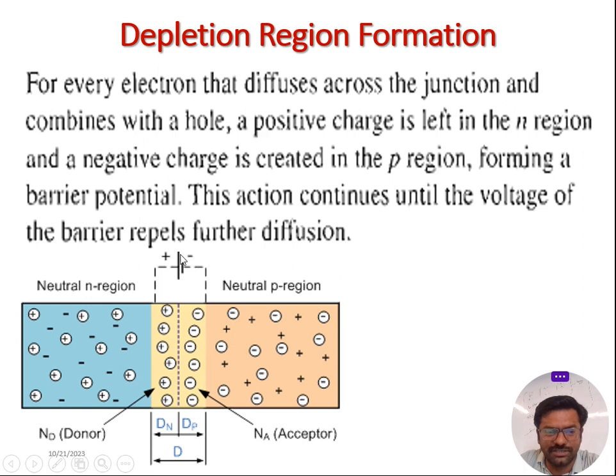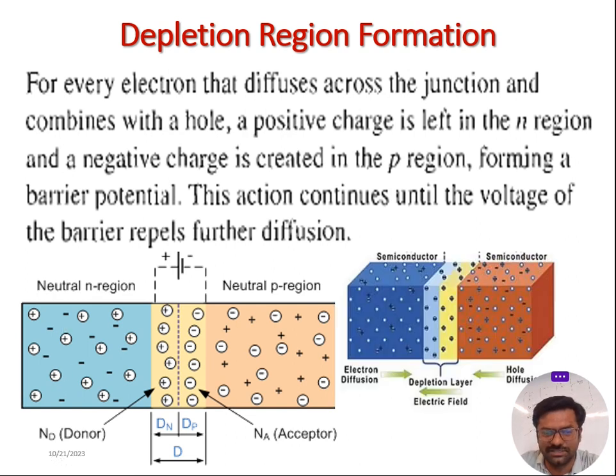So this potential difference, we feel like a small battery. That's what the battery terminals are shown here. Usually this will not be a two-dimensional structure. This diode is a three-dimensional structure. If we see that three-dimensional structure, it looks like this. Here you can see this is a P type material, this is N type material, and there is a barrier potential existing between them, that is called the depletion layer.